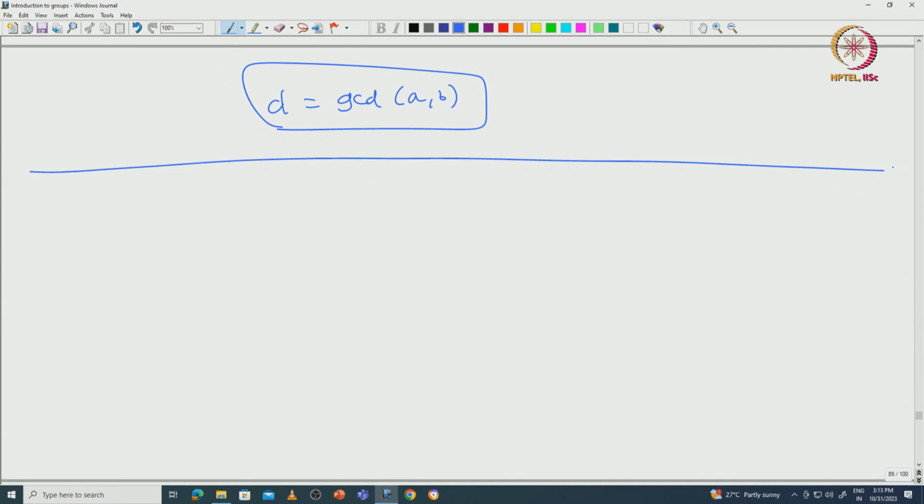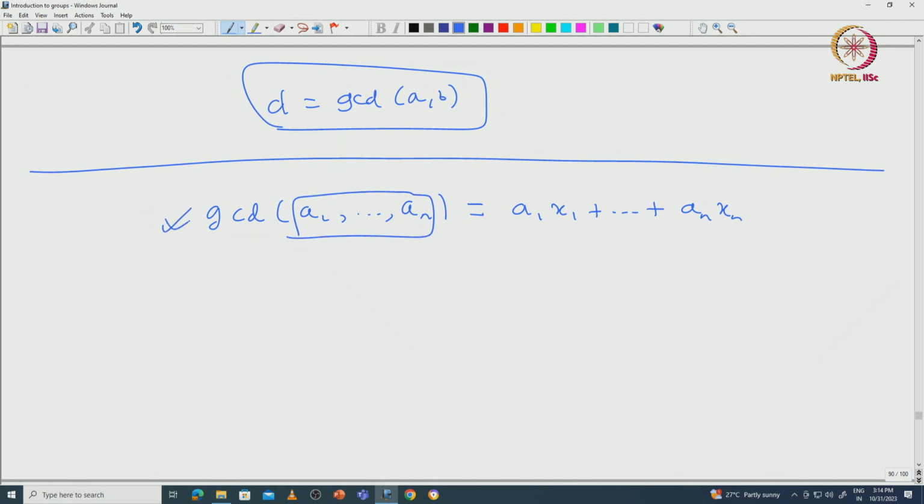Now it is not hard to generalize GCD to any given finitely many integers, not all of them 0. So you can talk about the GCD of A1 through AN, and I will leave it to you to prove that there will be a combination like this: there exist integers x_i such that A1 x1 plus etc. plus AN xN will be the GCD of these. Generalizing other properties of GCD to finitely many integers is not very hard. I will leave it to you to think about it.